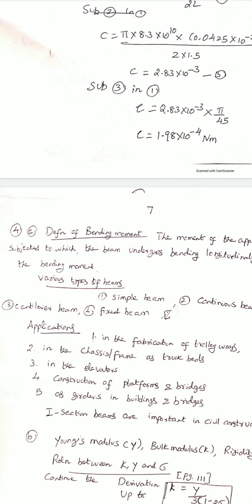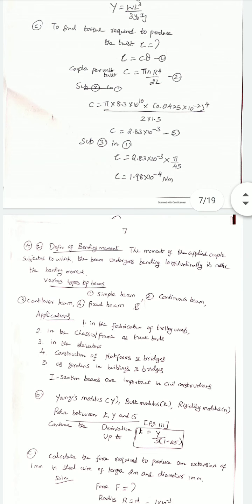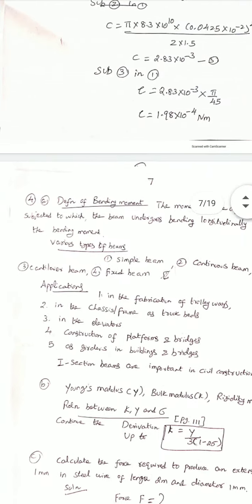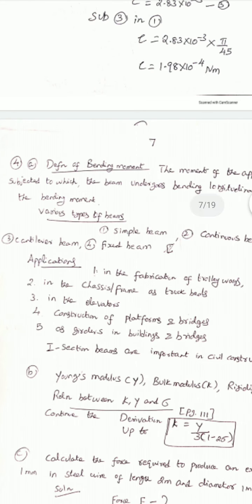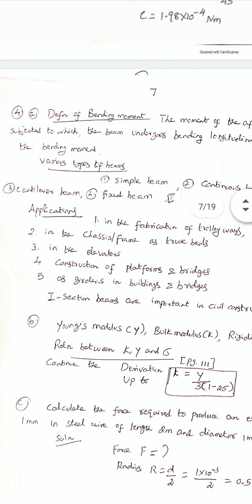So then various types of beams are mentioned here. So that is simple beam, continuous beam, cantilever beam, and then fixed beam. So then applications, some applications are written here. Okay, so then read out the question. Then 3b, that is define Young's modulus, what are the types of elastic moduli,